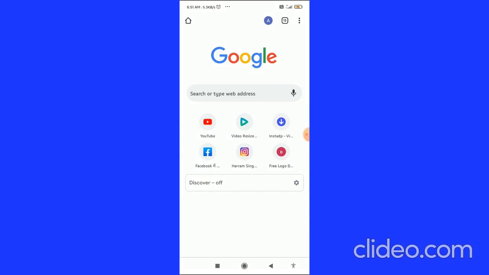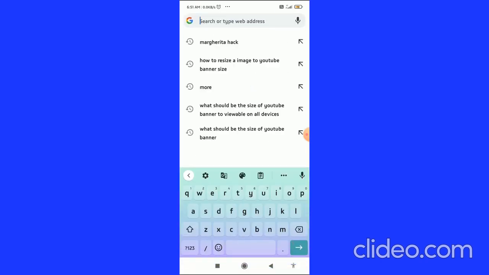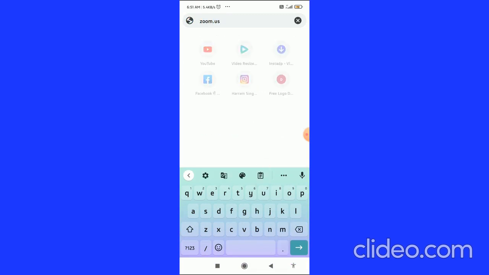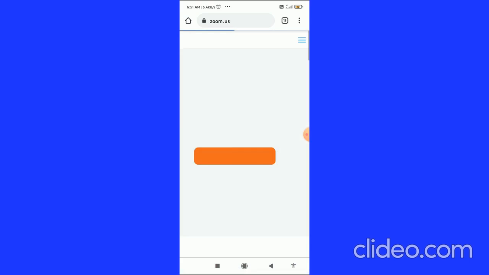The very first thing you have to do is go to your browser. You don't need to go to your zoom app. So firstly, go to your browser and then search for zoom.us. When you search for zoom.us, you have to click on the next,